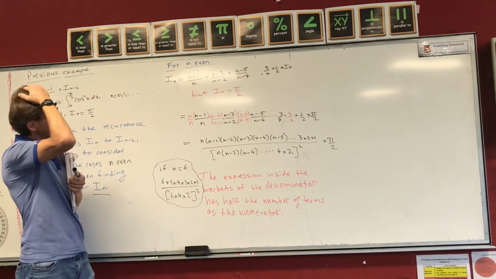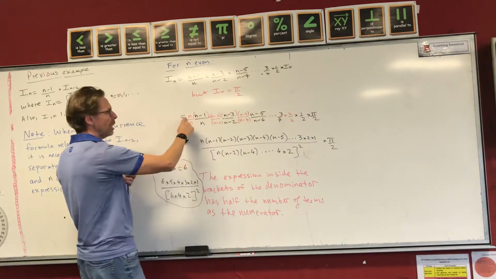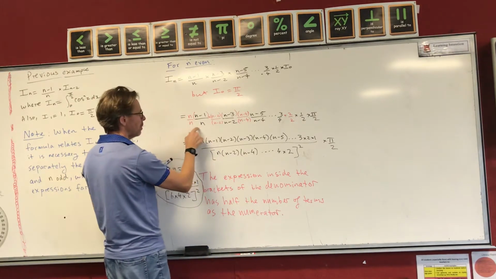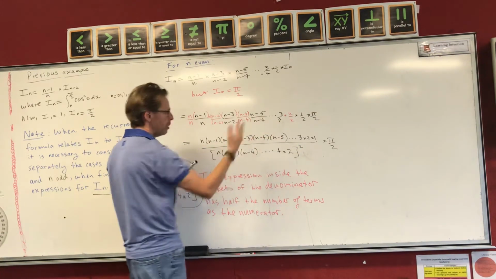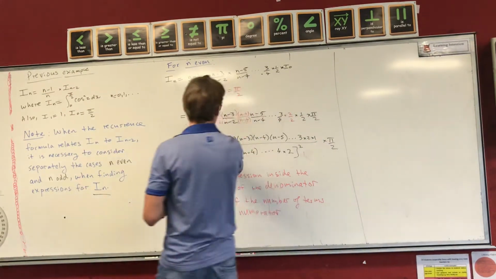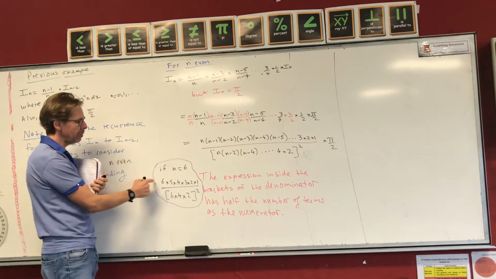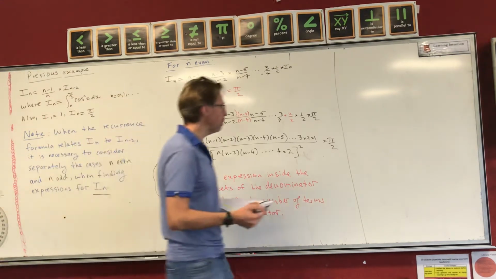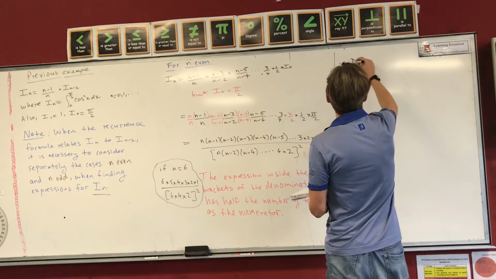Okay? So the other way of looking at that is you've got from 1 to n, you've got n terms there. Okay? So if you're going to take out half of those terms, obviously that means you've got half the terms. So there's 2 ways of thinking about it. You can deduce it from looking at that big expression, or you can break it down to a smaller case, and by looking at the smaller case you can deduce what the pattern is. Now that's going to be important because, okay, so therefore my denominator